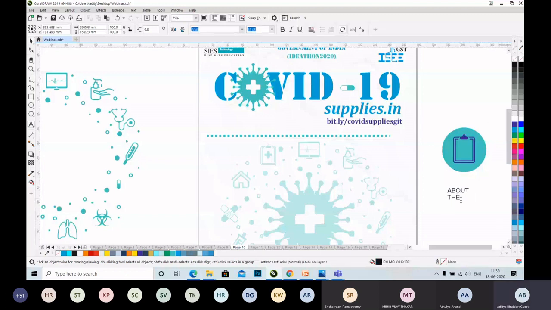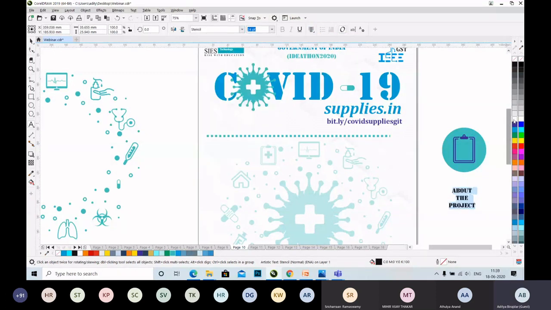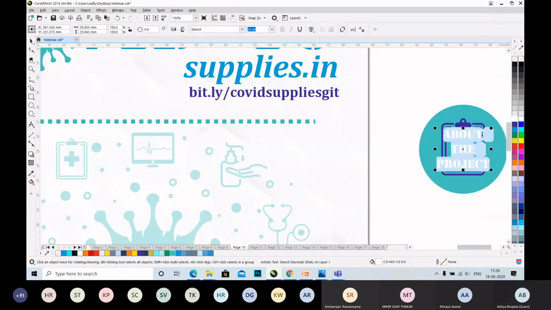This is where we lost our internet connection, but now it's back. Select all, make it center, give it some type of font, make it white, and place it inside this.